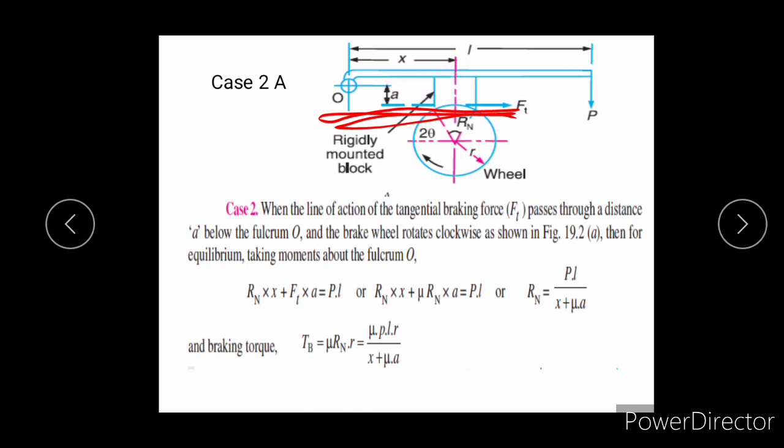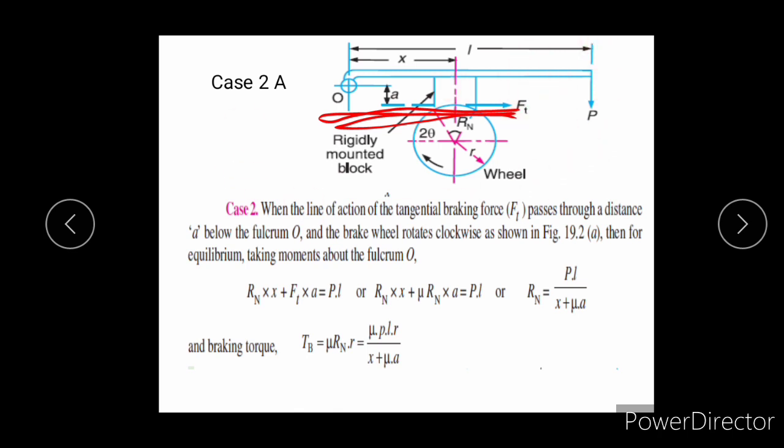It means on the block the frictional force or tangential force will be in this direction as shown in the figure, right? So always look at the block, don't go for the wheel. On wheel you have to just take the direction in which direction the wheel is moving, so that you can find out the friction force direction on the wheel and consequently on the block, right? So the frictional force direction on the block is this direction, right?